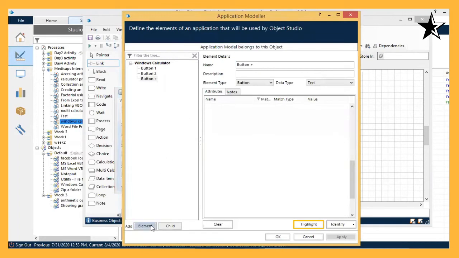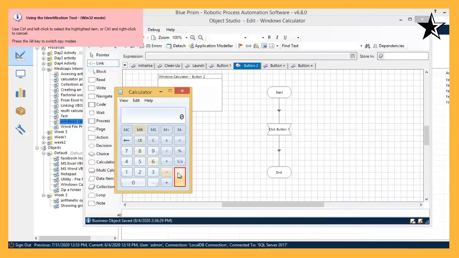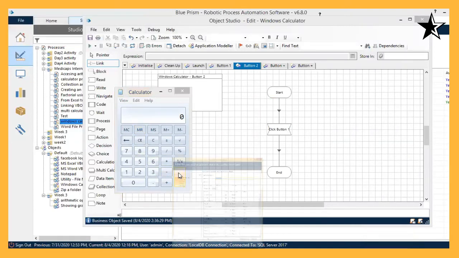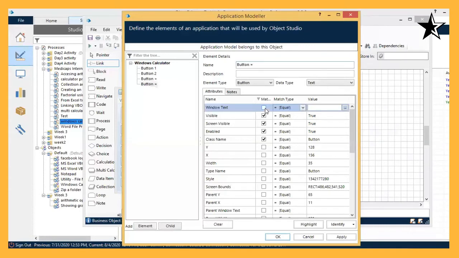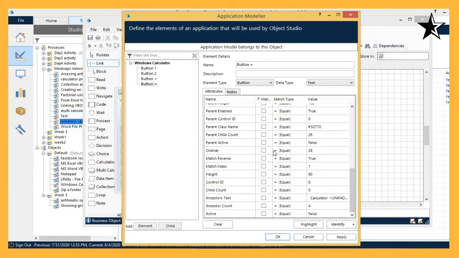Now I add another element as button equal. Click on identify. This is the identify, right? Click on control and left. These attributes have been matched, and check for the ordinal attribute. The ordinal number is 28.